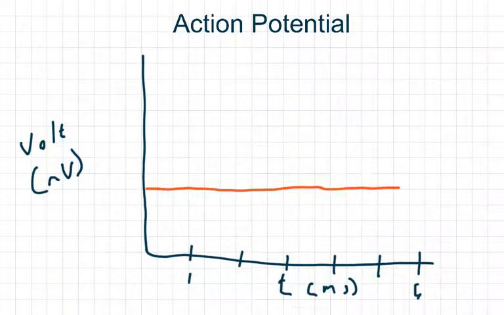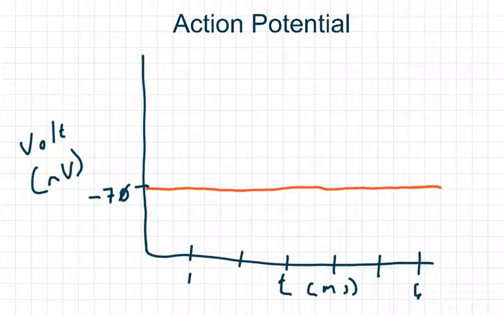And so what we mean by that is when we look at the voltage of a neuron at rest, its voltage is negative. And typically we see this anywhere between -70 and -65 for a normal neuron. But it can range from -40 up to -100 millivolts. But for our example here, we're going to say our resting state here in red is going to be -70. So I'm going to say this